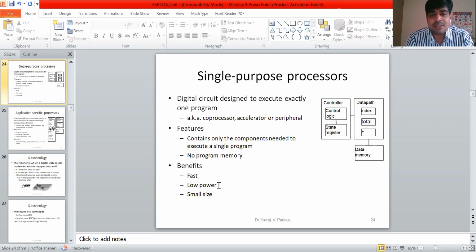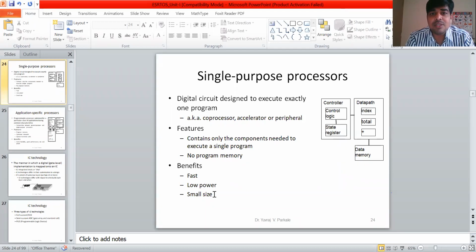Second, since the hardware is reduced, the power consumption is also reduced. Third, since we choose only the required components, the size of this processor is very small. Everything you achieve by using a single purpose processor.